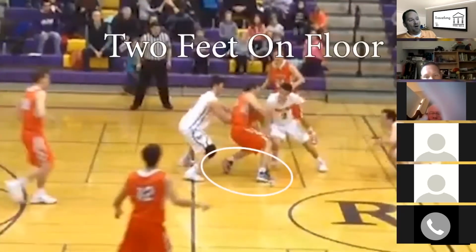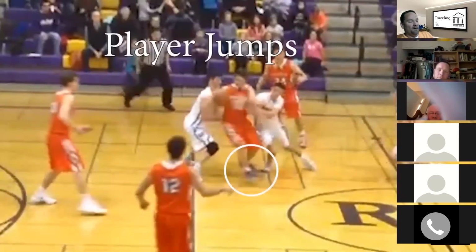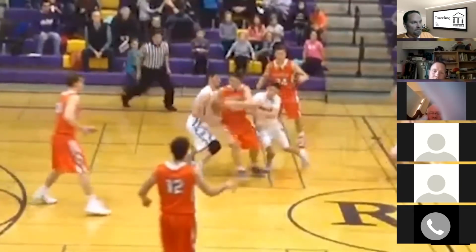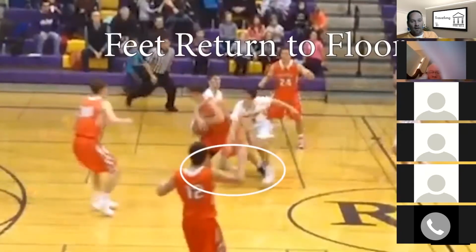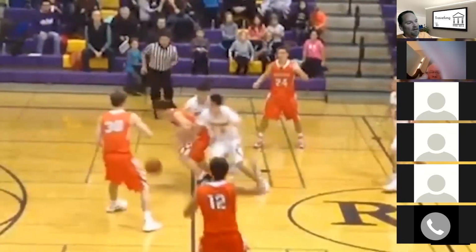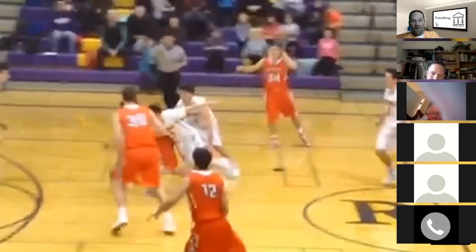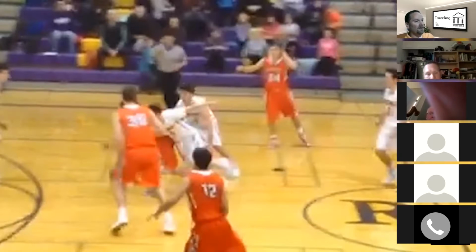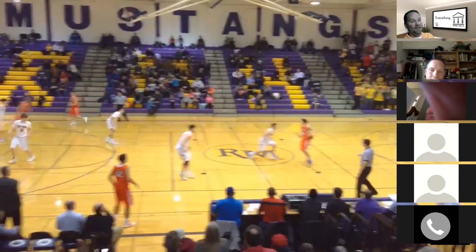Let's see. He's holding the ball here, and both his feet are on the floor. So what can be the pivot foot? Either one. But what does he do? Changes his feet. He jumped off both of his feet and moved them both, and then started a dribble, right? And if we jump off of both feet, what do we have? Travel. Traveling. That was a good call by the official. Probably took some heat for it from the coach,